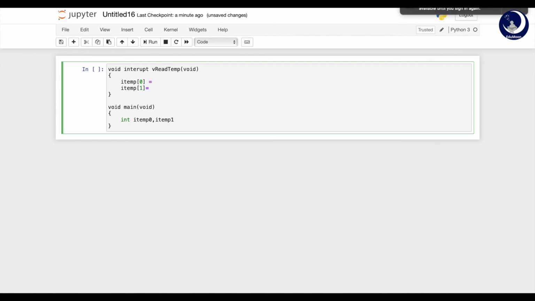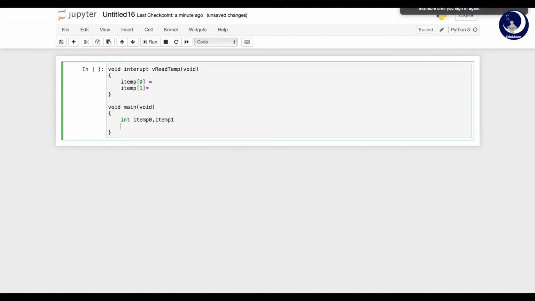This is C language code, just don't worry. I'm putting all this in an infinite loop with while true.